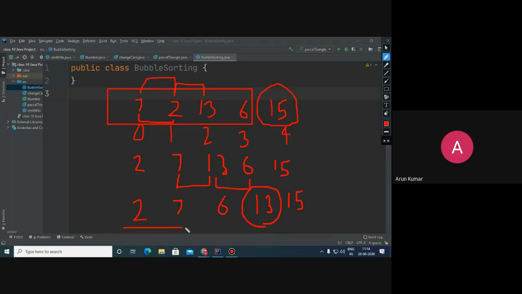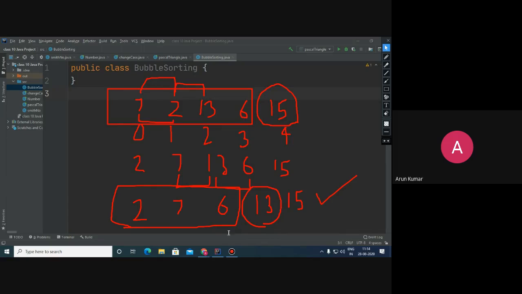And now in the third phase, we will be considering only these many elements. Now you can see that the array is sorted after the second phase only. But still the process will continue, and after all phases, the bubble sorting is over and you will get the elements in sorted order. So any doubt, children, within this logic? I hope you all have understood the logic of this.